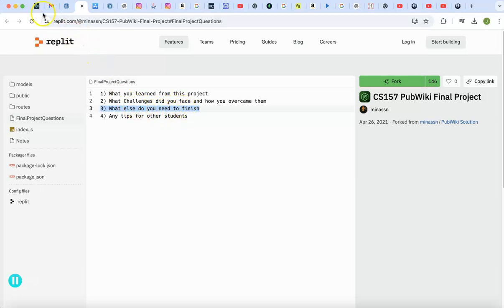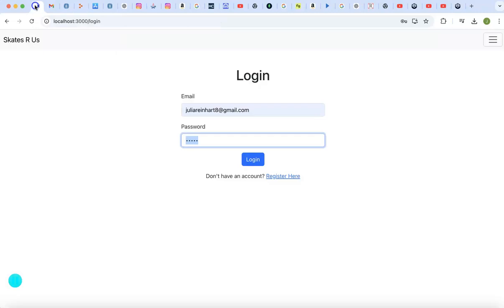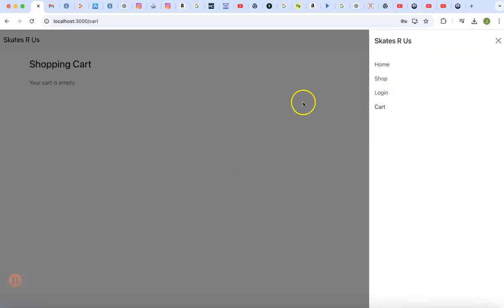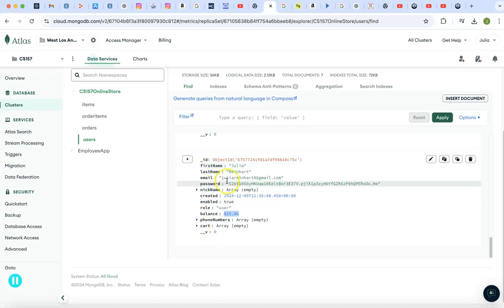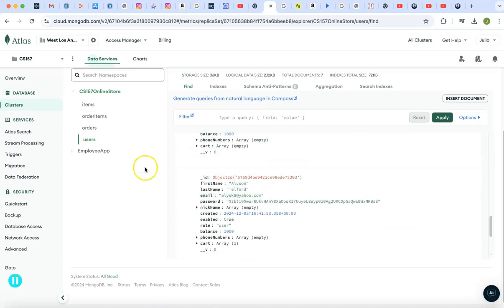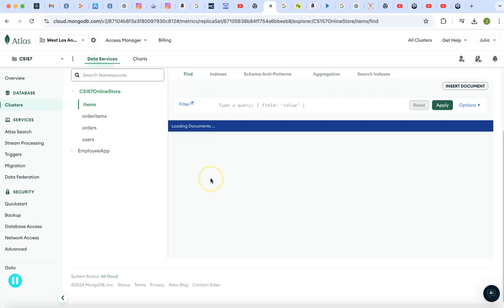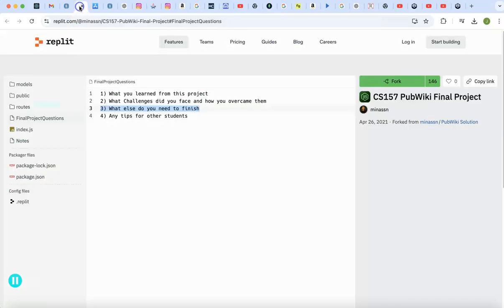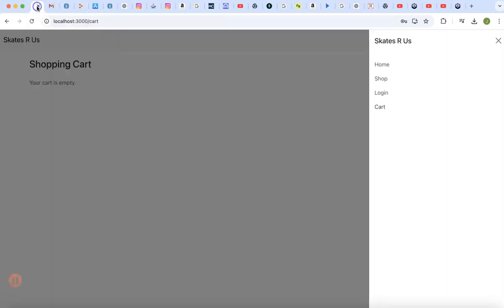So yeah, to finish, I should probably... I don't think I'm gonna have time to update the quantity in the cart as well. That might be too hard, but I would like to eventually update, in the database, if the user buys multiple items, it would be really nice to update the quantity in the items table, because I do have quantity here, as you'll see. And then something else that goes along with that, that would be really nice as well, in my opinion, would be to use